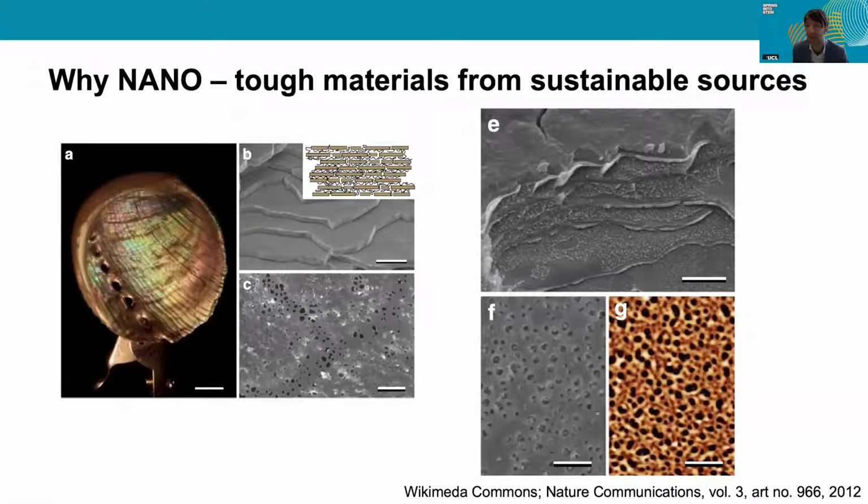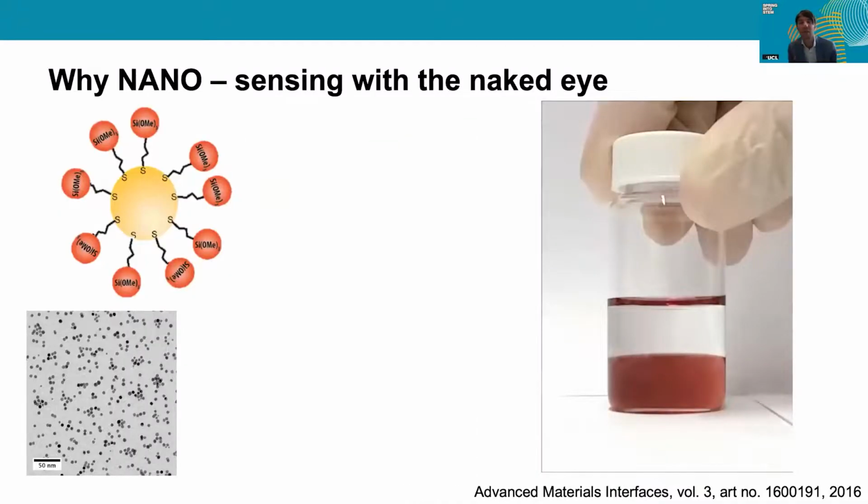And as a result, we basically had a material that was extremely structurally resilient and can be used for quite interesting applications because it's also biocompatible. And as said, it can be manufactured from sustainable sources, so with low energy and low environmental impact. Okay, so this is the last example of why I think nano is interesting and it's important.